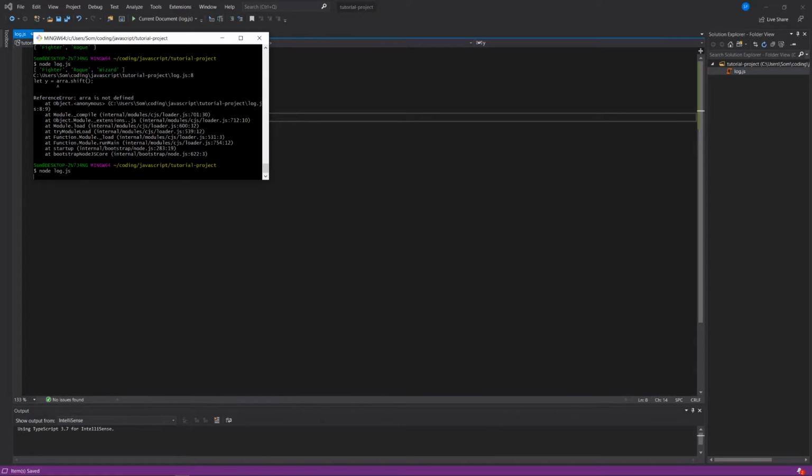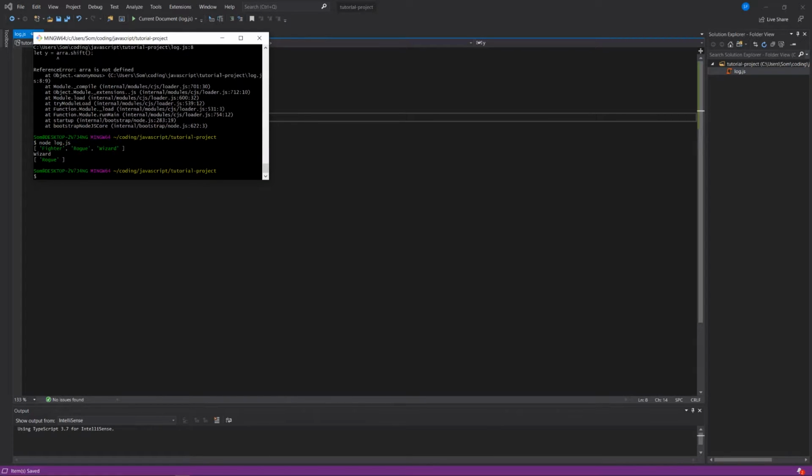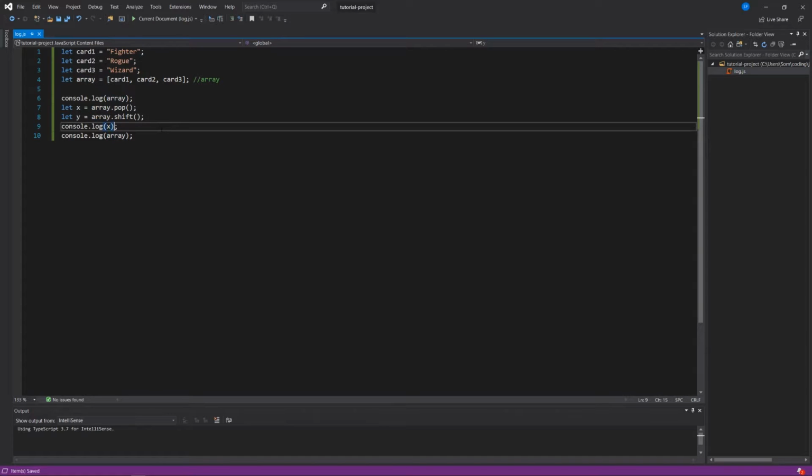Okay, once again. So I log to the console the entire array, which is fighter, rogue, and wizard. Then I log to the console x, which is wizard, which is the last thing on the list, and I end up with rogue. That just might look a little confusing because I haven't logged to the console y as